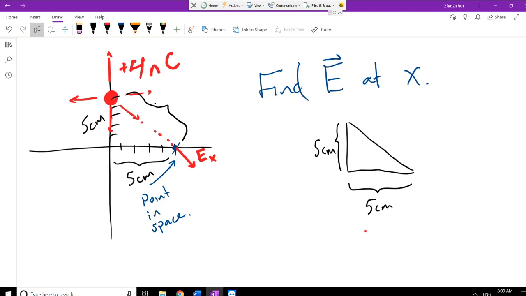Alright. Of course, if I use the Pythagorean Theorem, square root of 5 squared plus 5 squared, square root of